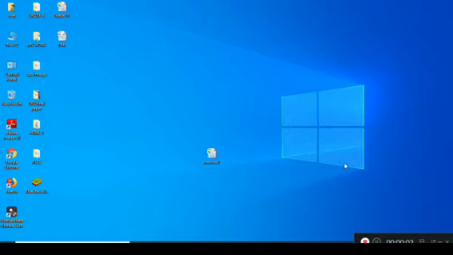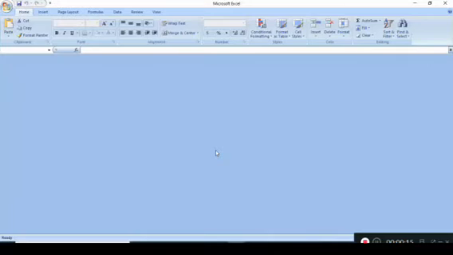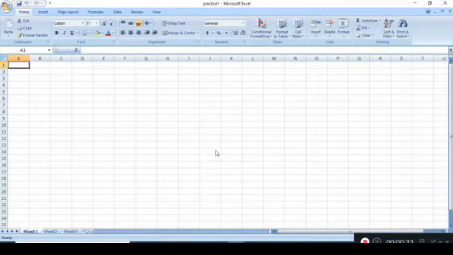Now, the first topic is components of a Microsoft Excel file. There are various components of a Microsoft Excel file such as workbook, worksheet, rows, columns, cells and cell address. So first we will learn about workbook.